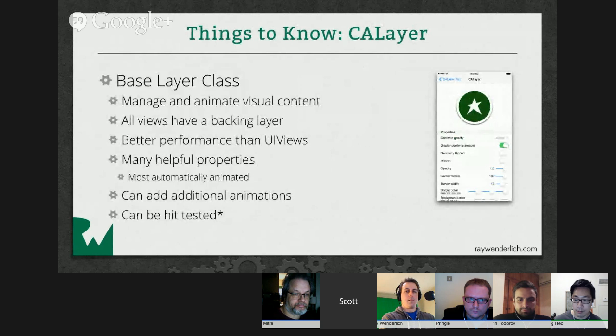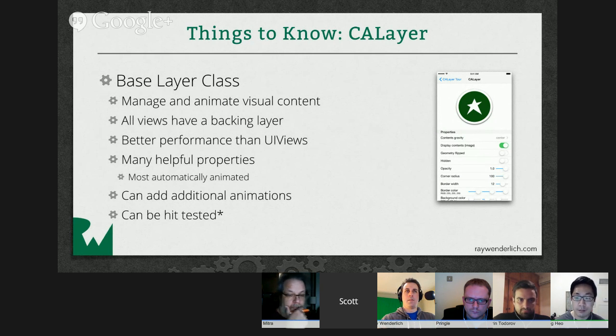All right. So CALayer. CALayer is the base layer, and it is essentially responsible for managing and animating content. Every view has a backing root layer, but you can also create layers as standalone layers, and you can add them then as sub-layers to other layers. So what's the difference? Layers are lighter, and they're more performant than views,